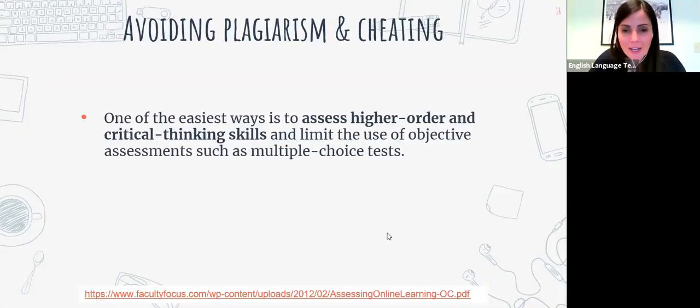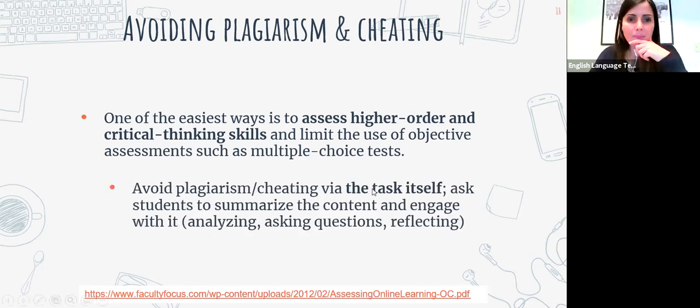So, and this ties back to what ELTSociety said with the types of tasks, right? So limit the use of objective assessments such as multiple choice tests, and assess more higher order critical thinking skills when you are assessing students. And so asking, for example, students to summarize the content and engage with it in a personal way, analyzing, asking